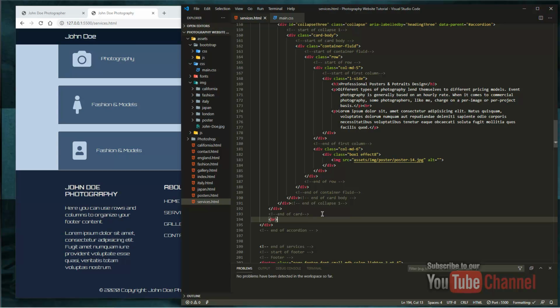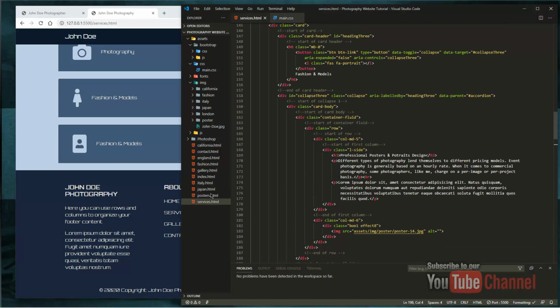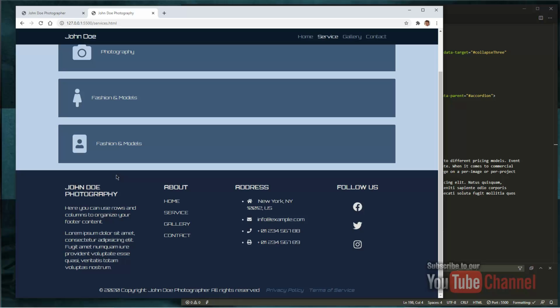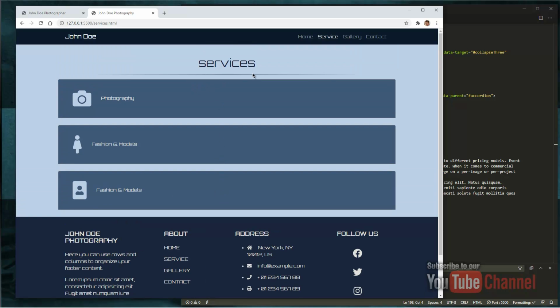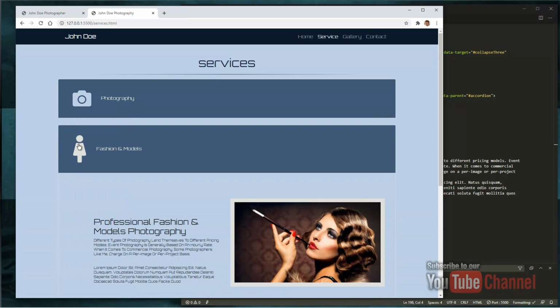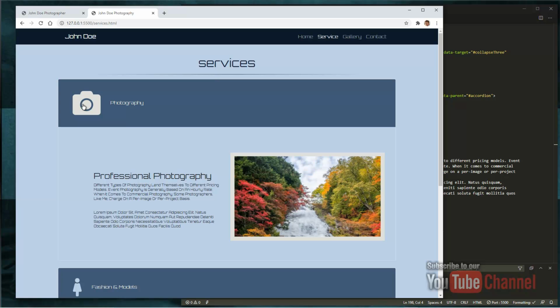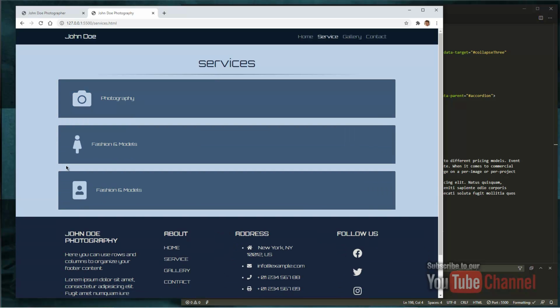Paste and save it. And now we go. So, okay. Now we adjusted all our accordion here. And let's keep going on now with the